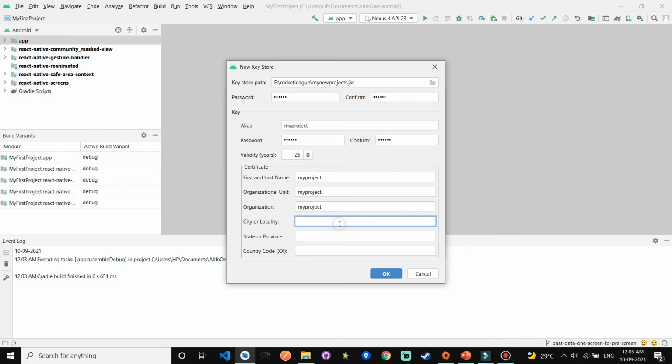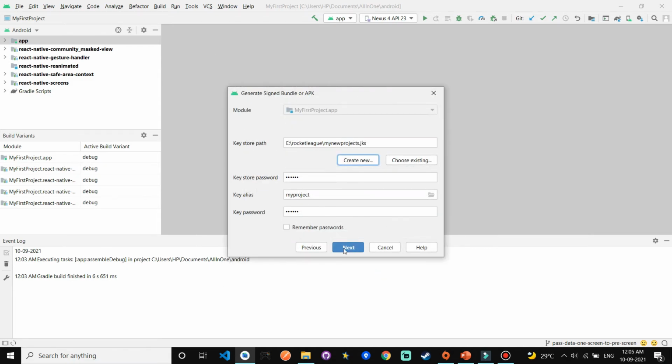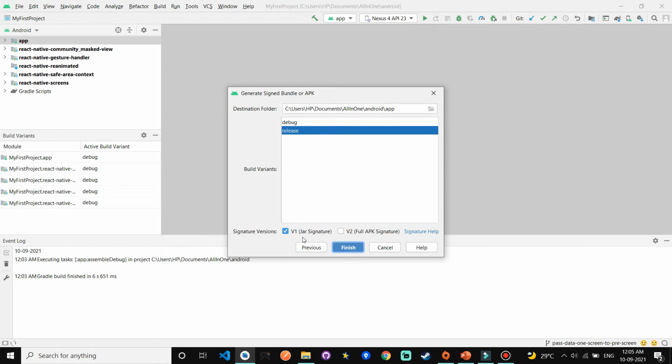Give your organization, select your city, state, and click the OK button. After clicking the OK button, click the next button, and here you can select V1 jar signature and release options. Finish,